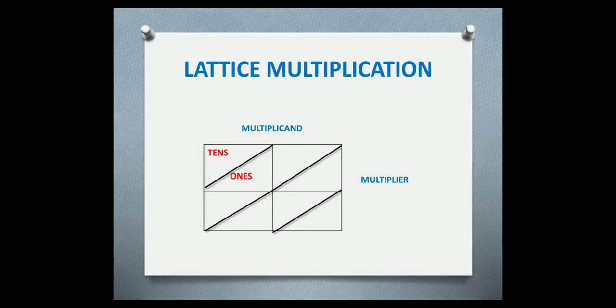When you multiply your multiplicand and your multiplier, if you are getting your answer in 2 digits, the digit in the units place, or the ones place, will be written at the bottom, whereas the digit in the tens place will be written at the top. Suppose you get a number, for example 12: 2 will be written at the bottom because 2 is the digit in the ones place, whereas 1 will be written